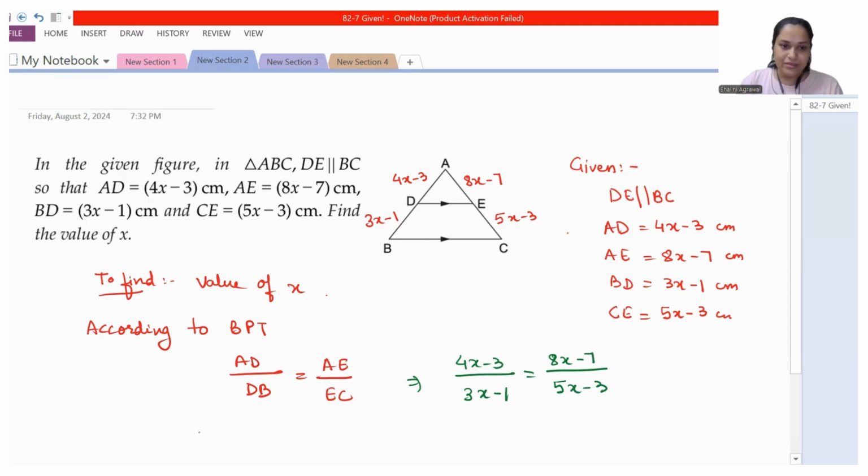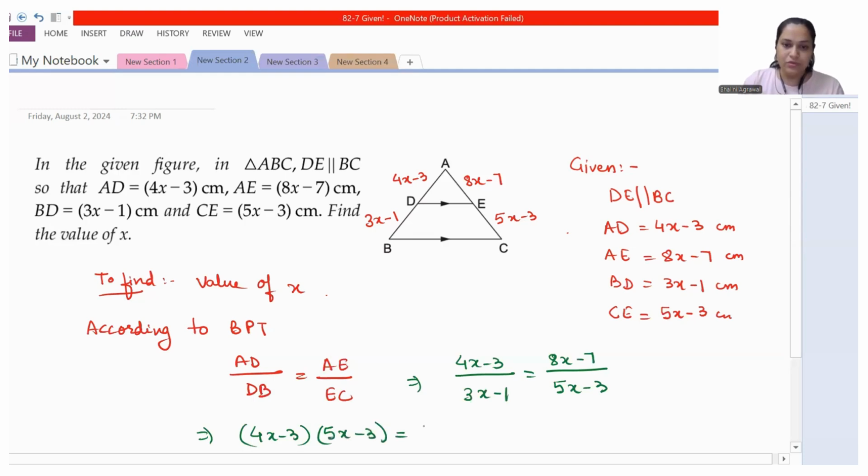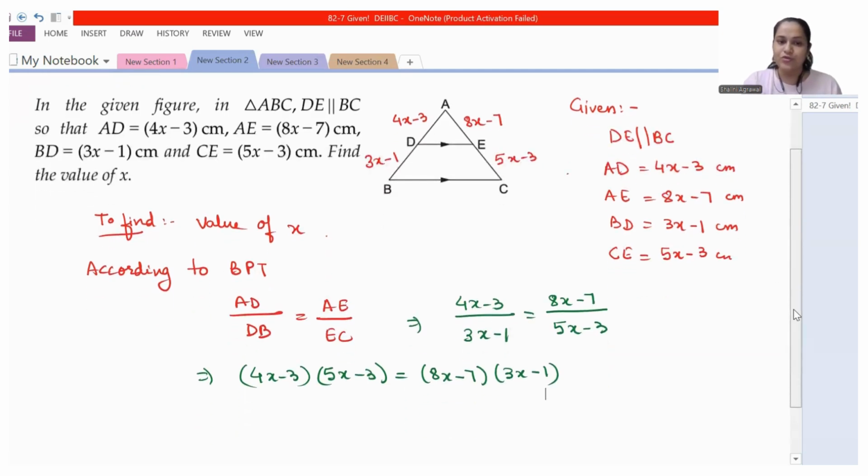So now, cross multiplying, 4x minus 3 multiplied by 5x minus 3 is equal to 8x minus 7 multiplied by 3x minus 1. I guess everyone knows how to multiply two binomials, right? So on multiplying this, I got,